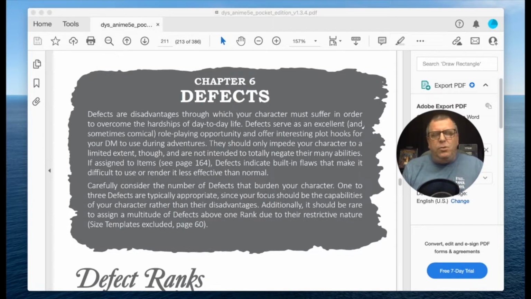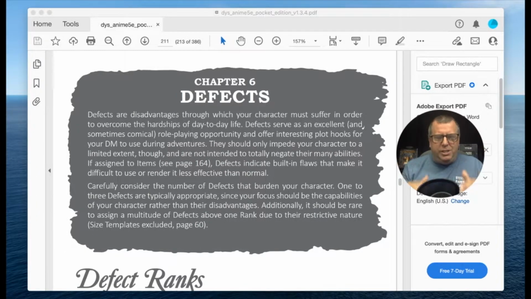I mean, if you think of all your superheroes, Hulk has anger issues, and Tony Stark, Iron Man, has arrogance and pride issues. You have Black Widow, who has secrets, and those are all kind of included in these defects as well. By the way, when you choose defects, you actually get points back to add to your discretionary points.